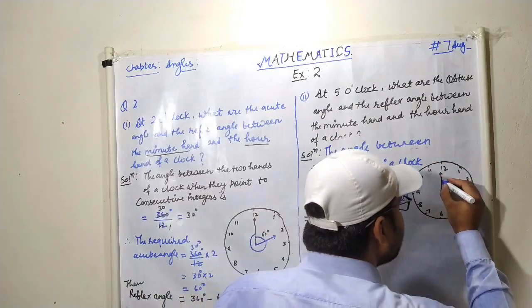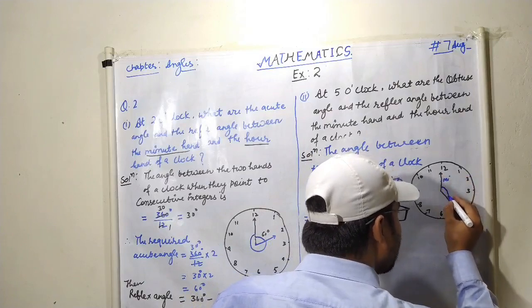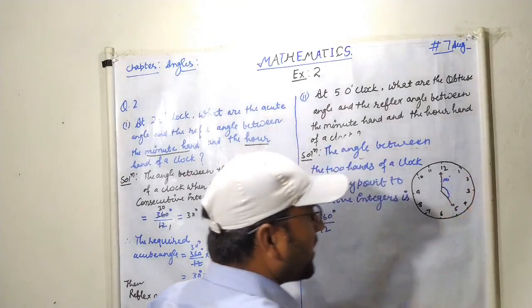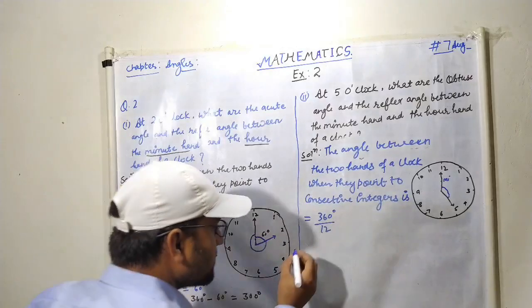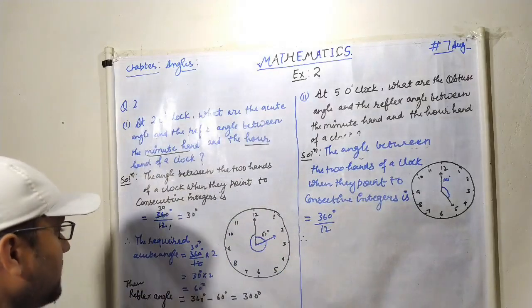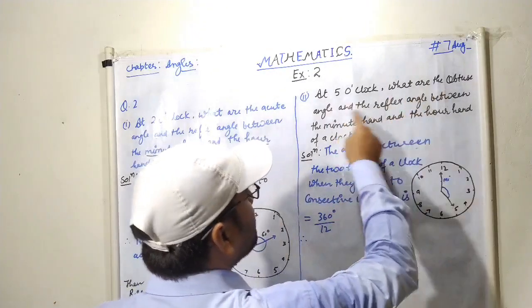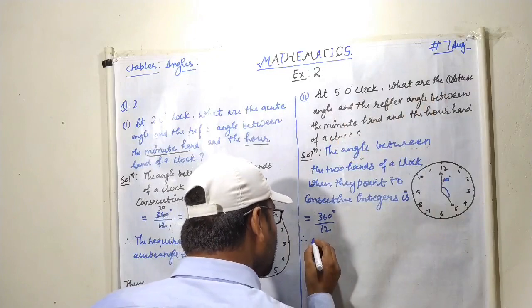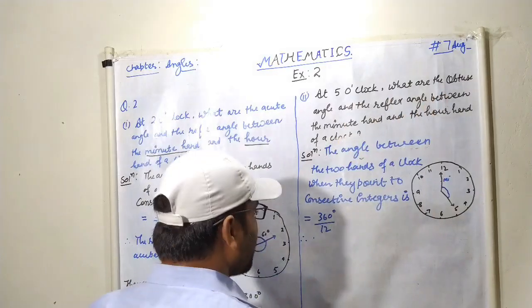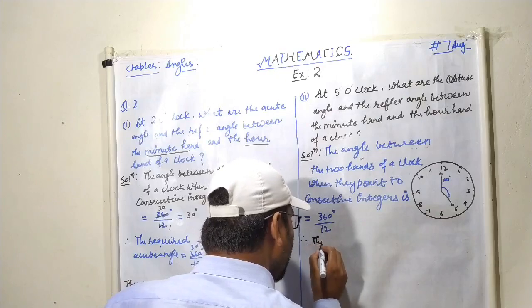This is your minute hand and this is the hour hand. What is the angle formed at 5 o'clock? Okay. So now the required angle is an obtuse angle. What are the obtuse angles? So the required